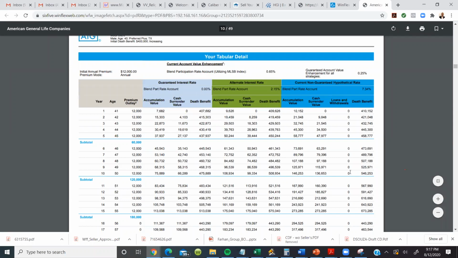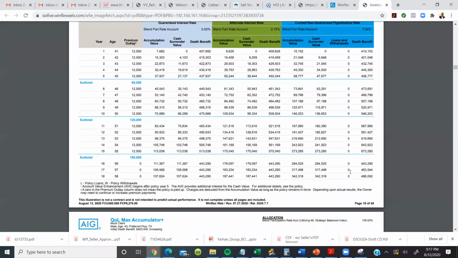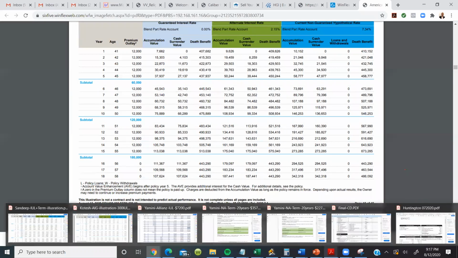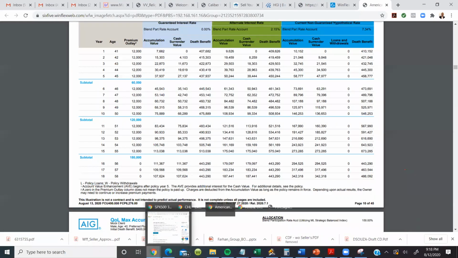So I think one more difference, and I'm not sure some of you may already know, but Allianz has an option where you can actually lock your interest rate. Correct. That's a good point as well. So Allianz